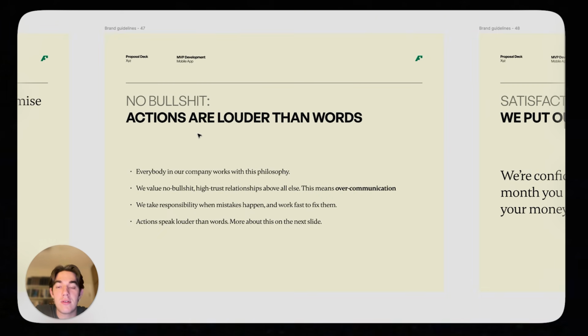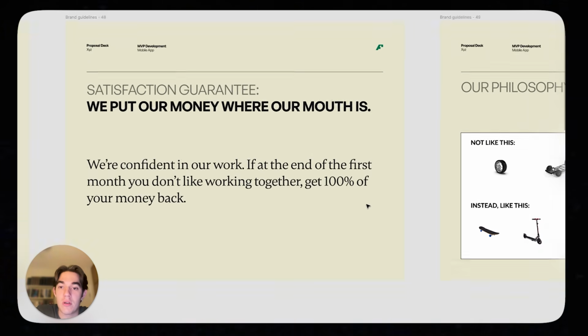My belief is that if I am a no bullshit person, actions are louder than words. Everybody in our company works with this philosophy. We value no bullshit, high trust relationships. We take responsibility, and actions speak louder than words. And so, as a result,